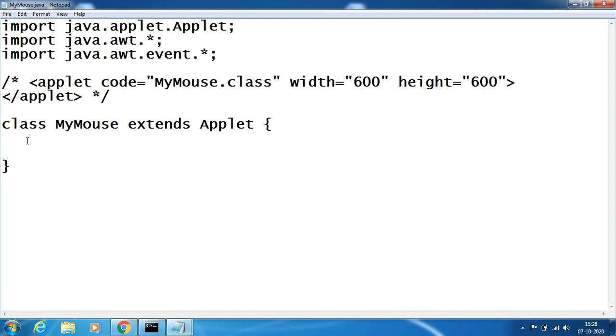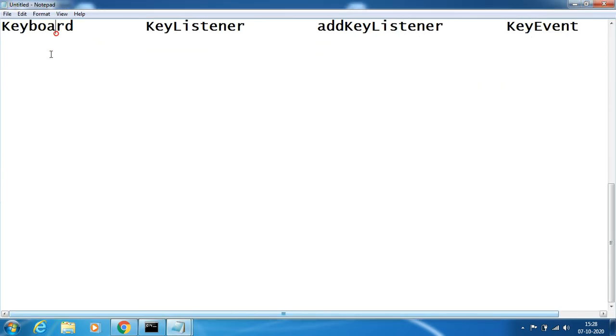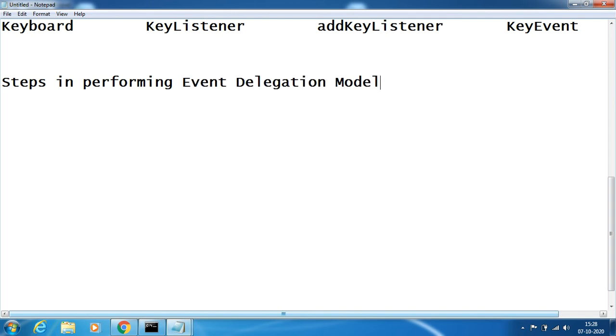Now we have to do it step by step. We'll see the different steps in performing the event delegation model. What is step 1? Step 1 is choose the event source.